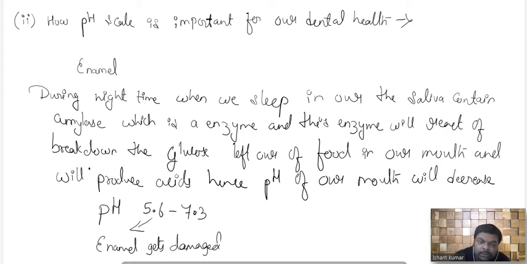Due to this, the protective layer, which is the enamel, gets damaged, and then the teeth react with the acids present in our mouth. Hence our dental health will be hampered, and the teeth will start to decay. So this is what is known as teeth decay, which happens